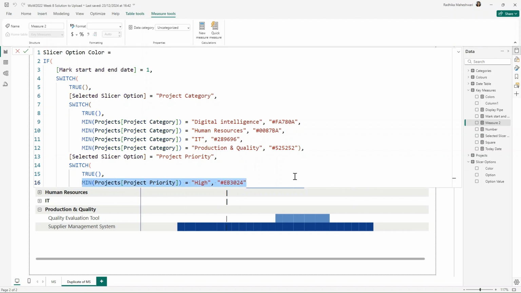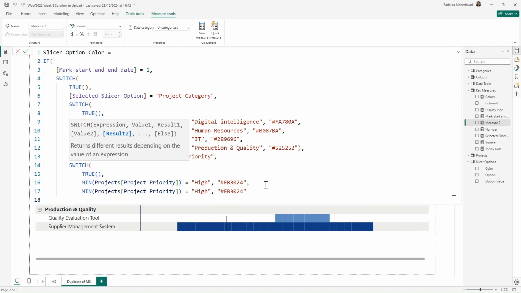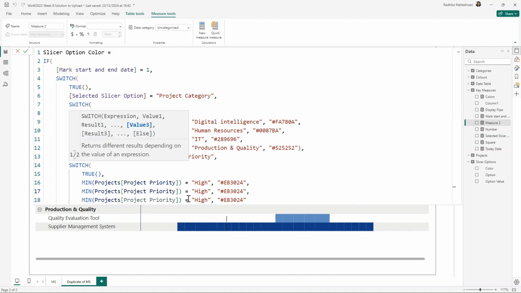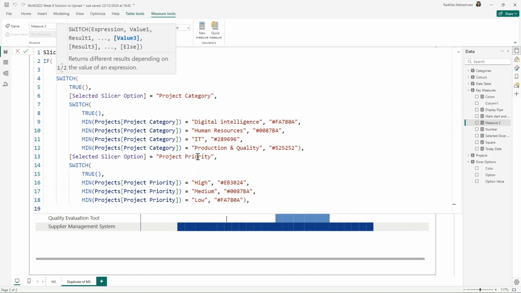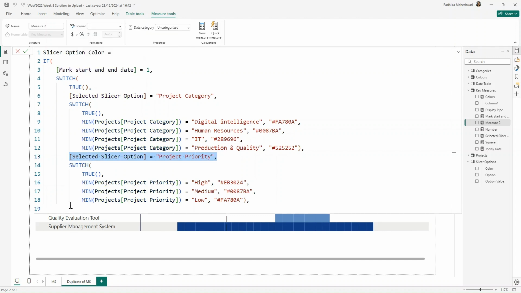And I'm going to copy this and paste it 3 times, as we have 3 different project priorities: high, medium, and low. For medium, the color is this one, and for low, the color is this one. And now my inner switch is complete, so I'll close the bracket, and then we're going to again give this statement, because this is for the upper switch,